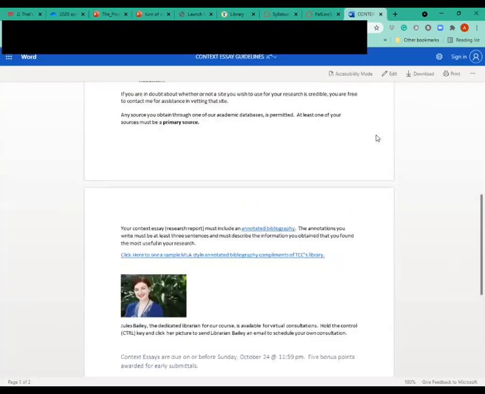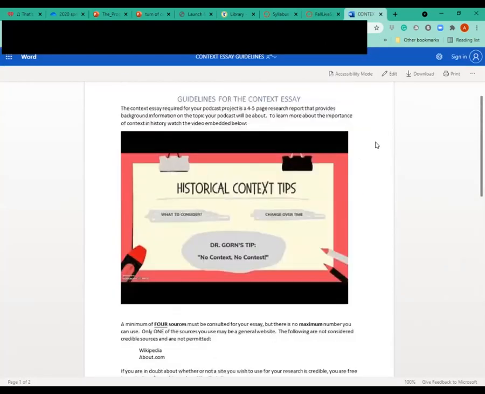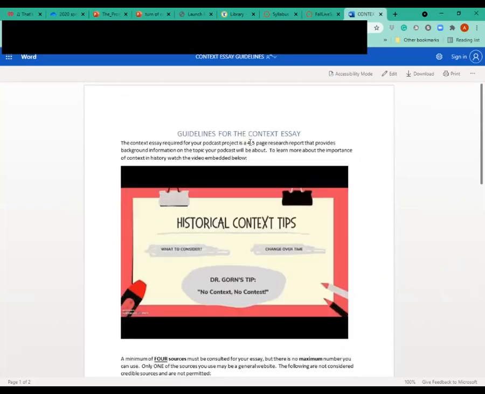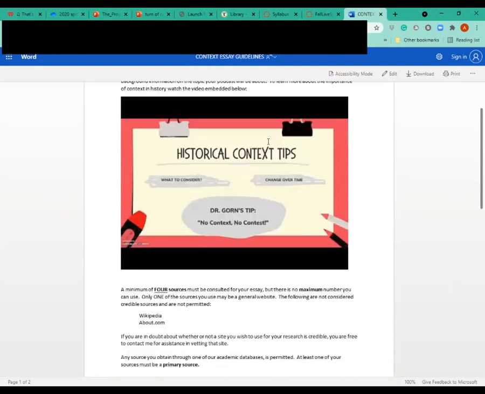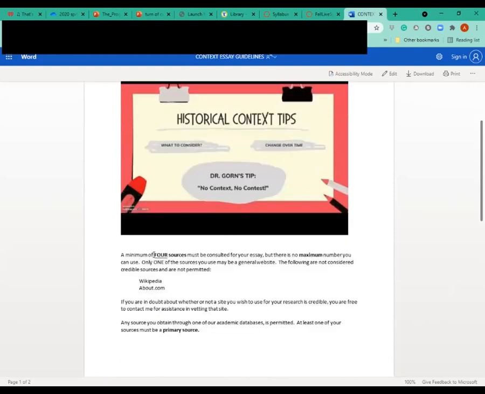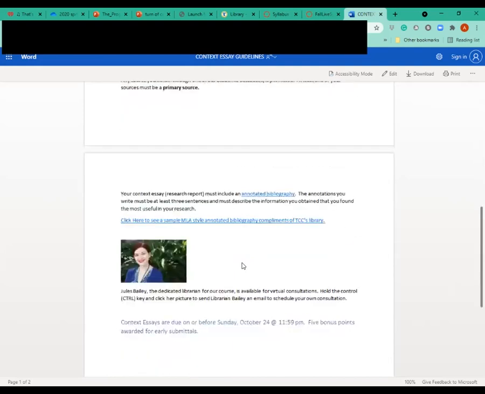But this gives you all the information you need for the context essay, including how long I'm expecting it to be, the fact that you have to have 4 sources, 2 of them have to be primary sources.